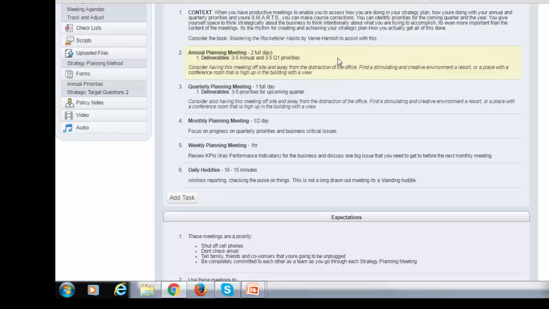We recommend an annual planning meeting, and this could be 1 or 2 full days. The purpose of this meeting would be to create the 3 to 5 priorities that you wish to achieve in the coming year, as well as the 3 to 5 priorities that you wish to achieve in the first quarter of the coming year. So you're looking at your end game,